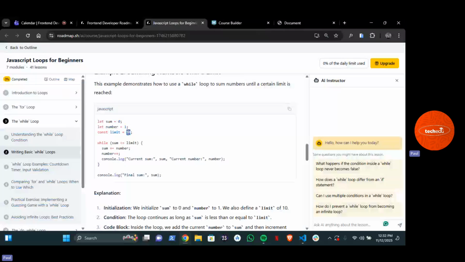Limit right here is what? 10. Sum here is what? 0. Now we are saying that sum is less than or equals to limit. What does that mean? Sum is between 0 and what? 10. Good. Now, while this particular condition is true, we want to add sum and number. But we're not just adding it. So we're going to say sum plus equals number. So that means the value of sum now keeps increasing by number. So now if sum is 0